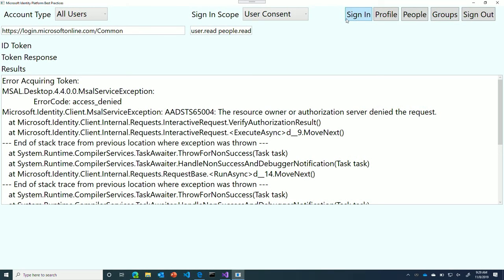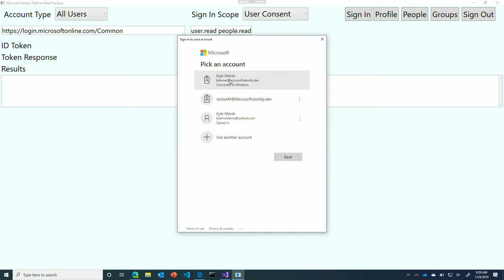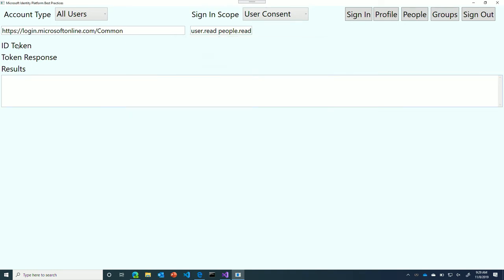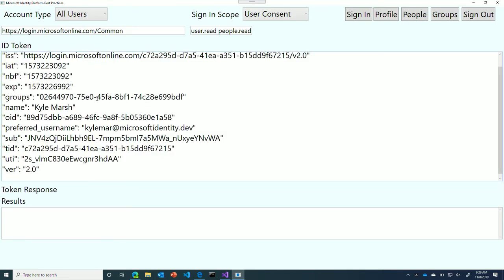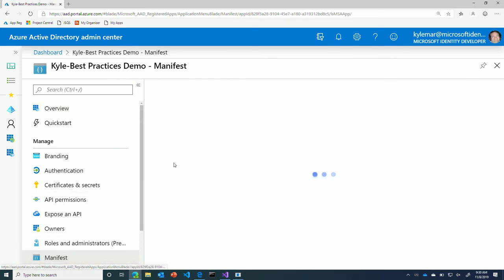So I will come here and sign Kyle in again. And here we can see in the ID token, I got a groups claim. So what I did here is I asked the system, hey, when Kyle signs in, or when anyone signs in, give me a list of all of the security groups that this user is a member of. And the way I do that is I go to my app registration, I go to the app manifest,